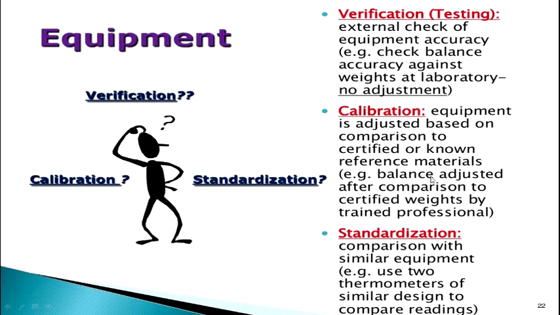You have a reference material, you check it. Say you have a pH 7 solution, you put it into the pH meter, and the pH meter should show you pH 7. In case it is not showing, you definitely have a buffer solution, which is restricted to the pH range. You put in the buffer solutions and you calibrate your equipment according to the buffer solutions. Right, so that is calibration.